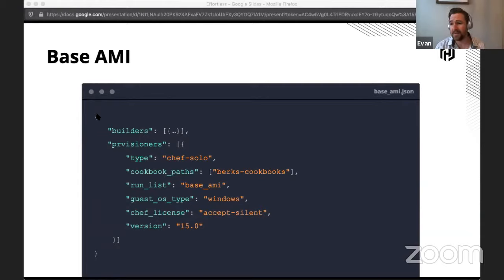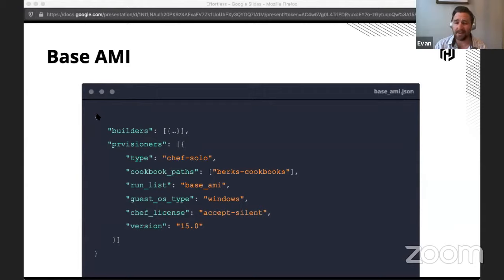But the provisioner, this is the thing that makes a difference. This is basically a cookbook that, as I said, has things shared across all of your different servers. And this one uses Berkshelf, which, if you've used Chef, is more like the older way of packaging your Chef dependencies.